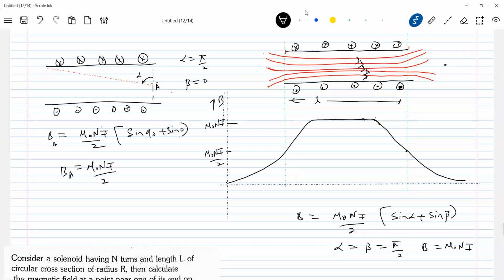Means how to calculate. What we are more interested in are applications, and we'll be doing applications in this region. I'm making things clear, so you should not confuse yourself. The field inside the solenoid, we know, is uniform. We are just going to work out our numericals in this region. Here it will be non-uniform, which will be of no use. The field will be varying, which will be of no use. So this particular field is what we'll be taking help of.